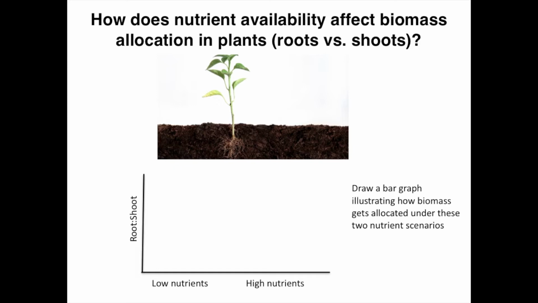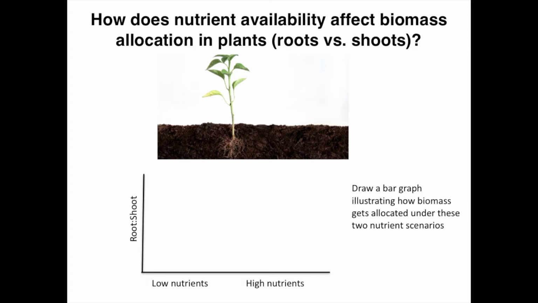And on the right, we have high nutrient availability. So in this case, let's draw a bar graph that illustrates how biomass gets allocated under these two different scenarios. This y-axis here has a root-to-shoot ratio. What that basically means is you're looking at the amount of biomass in the roots relative to the biomass in the shoots. And this may seem like kind of an odd variable or ratio to think about, but it is one of the most commonly used plant traits by plant physiologists because there's so much information that you can get